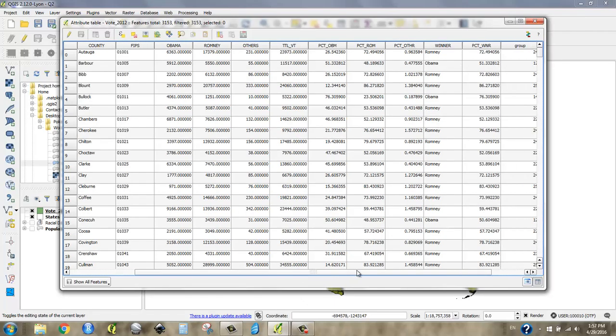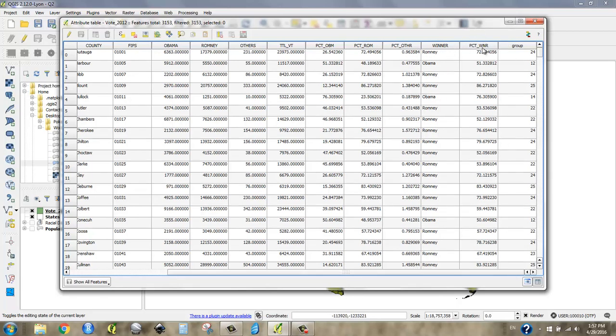Then we also get percent Obama calculated, percent Romney, percent other, kind of the winner. And then we have the percent that the winner won by. So in this case, it would be winner was Romney, won by 72. Winner was Obama, won by 51. So I'm hoping you can kind of see how you might